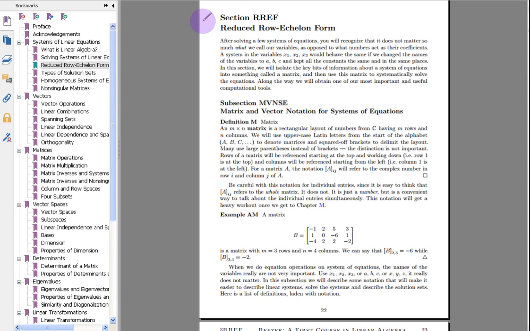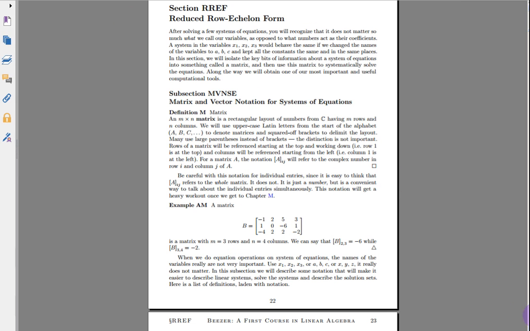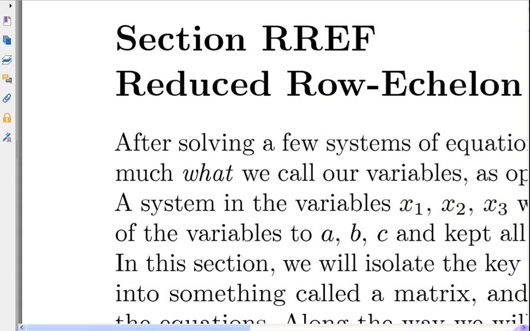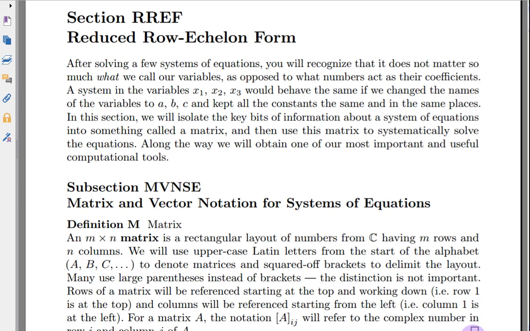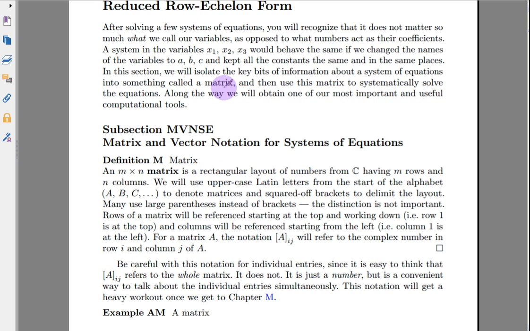Okay, so we're going to start the third section in this chapter, Systems of Linear Equations. It's reduced row echelon form. It's right here. Let me get rid of this to get more room, and we'll zoom in a little bit. Whoops, that's too much. All right. Now, this section,